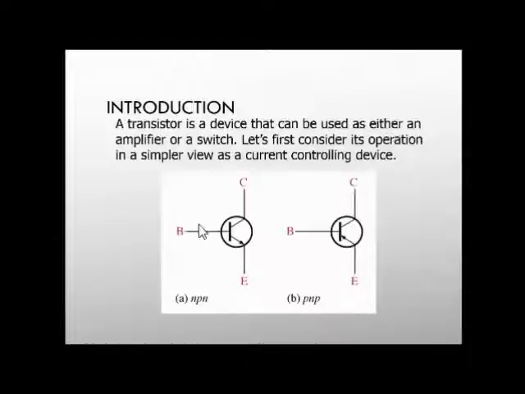In this case you can see the circuit diagram of a BJT, or you can say the symbol of the BJT. In this case it is NPN, that means the electrons will flow. This is the collector, N; this base belongs to P; and this is N, the emitter. So the direction always states from P to N. In the same way for a PNP transistor, in this case also you will see the direction is from P to N type.